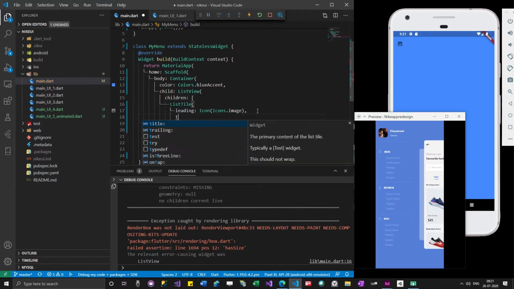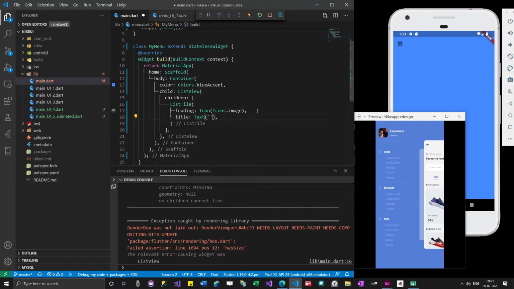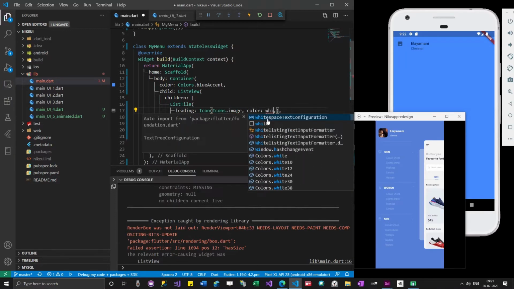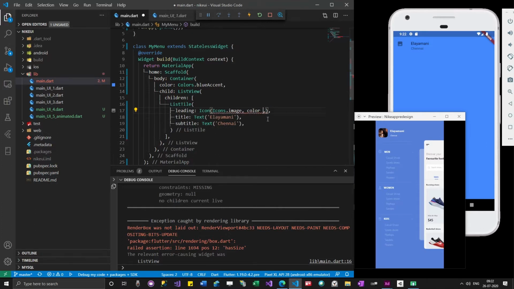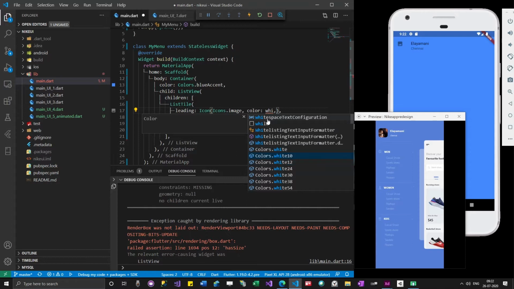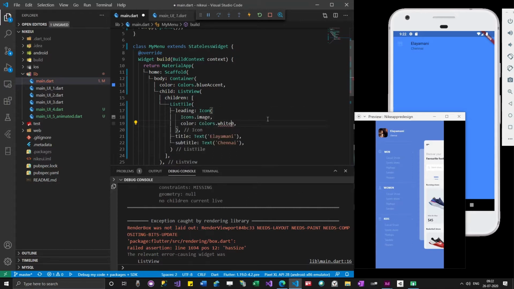And then we'll have some title. So I'll make the image color as white. Okay, leave the text like that.